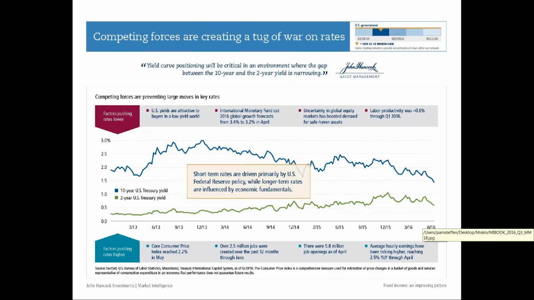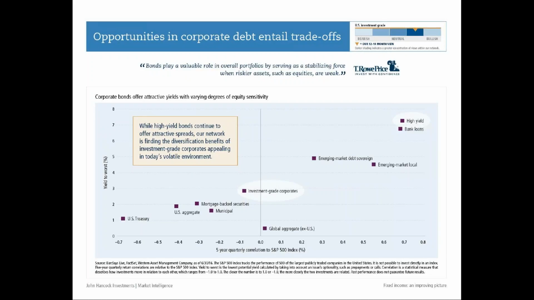The jobs market's doing pretty well. There's a lot of job openings, and over the last year there's been plenty of jobs created. And then average hourly earnings: they're not accelerating meaningfully, but they are ticking up in the 2% proximity, and that eventually should lead to inflationary pressures. So these are some of the things to consider. We are saying that you're going to get this range-bound environment, and that you're just not going to see huge losses in your bond portfolio as a result.